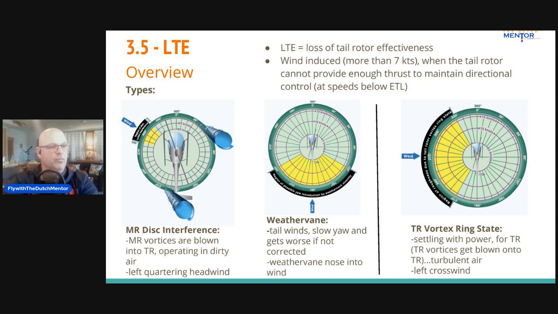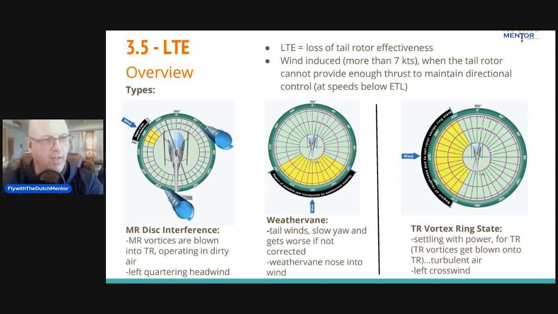Why is that? Because we don't want any interference of the wind and the vortices pushing into our tail rotor itself. Our tail rotor needs to produce thrust to keep the nose aligned with the direction of flight itself. If we are pushing disturbed air into the rotor itself, it will become inefficient in providing the torque necessary